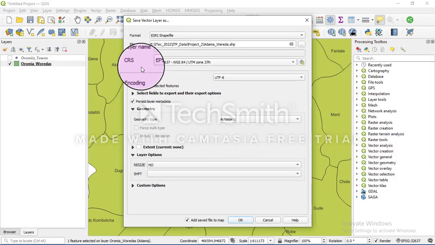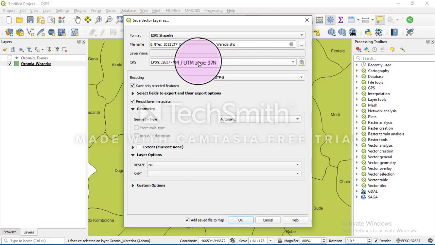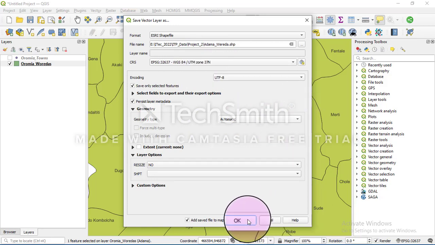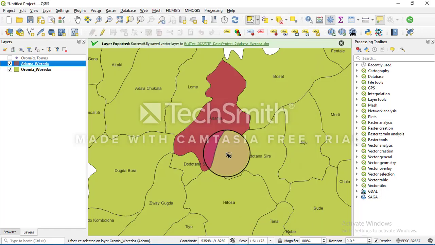Coordinate reference system, it should be this one. Right. And for the other settings, let us accept the default. When it is done, you can change it to any other color. Clear? And now the next